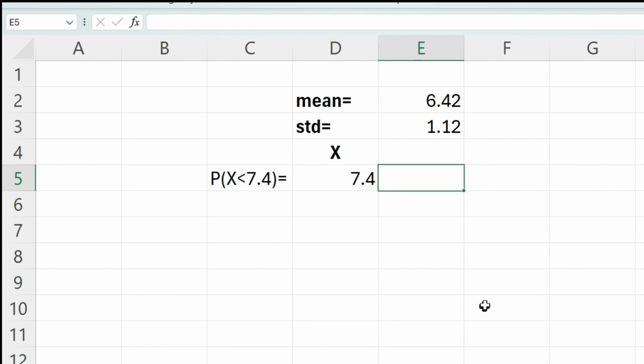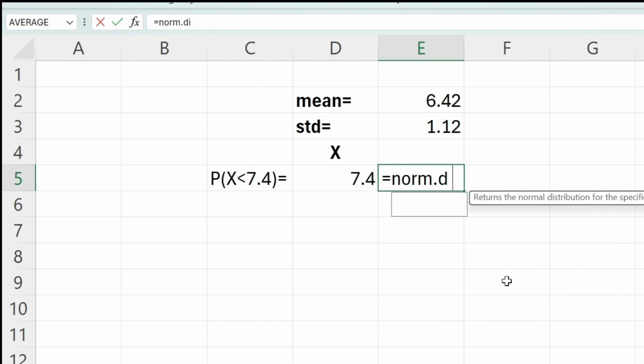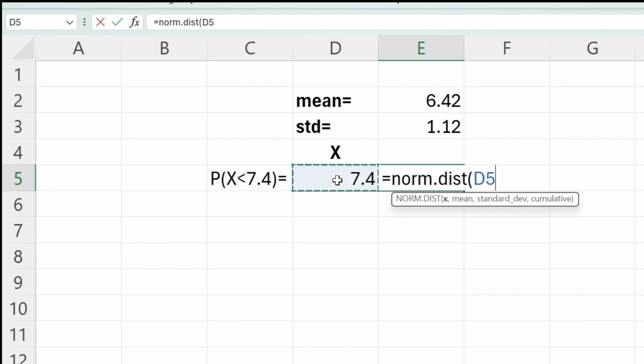So in an empty cell, you can write the formula equals NORM.DIST, and then open the bracket. After that, write the value of x. One way is you can directly write 7.4 over here. Otherwise, you can use the information given in the cell D5,